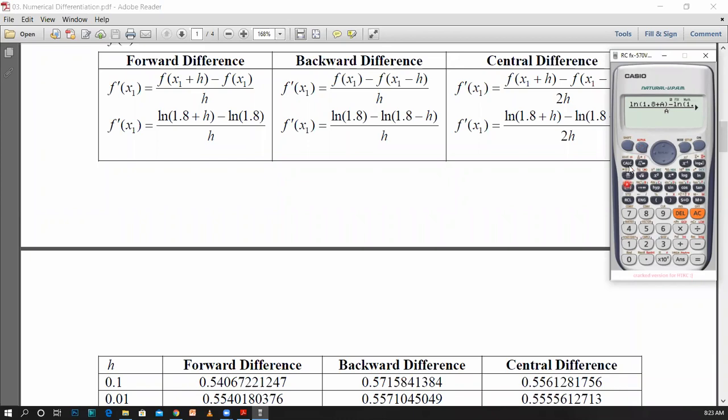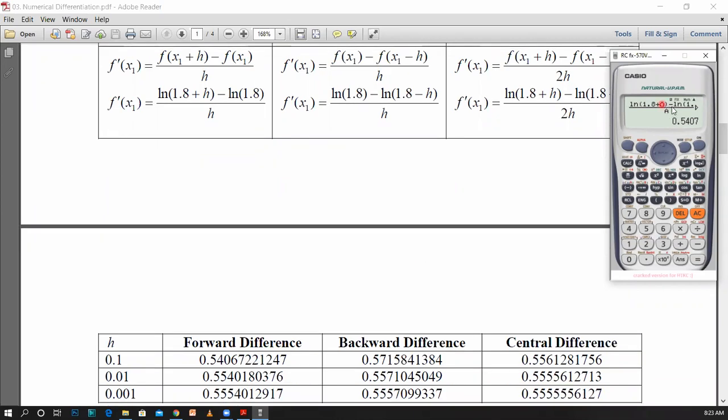And now we can press the calc button. It is because we are having three different h values, we can use one value at a time. Therefore, now we will set the value of a equal to 0.1. It means the value of h equals 0.1. Okay, here we are getting the answer with an accuracy of 4 decimal places. It is because I have fixed the calculator.